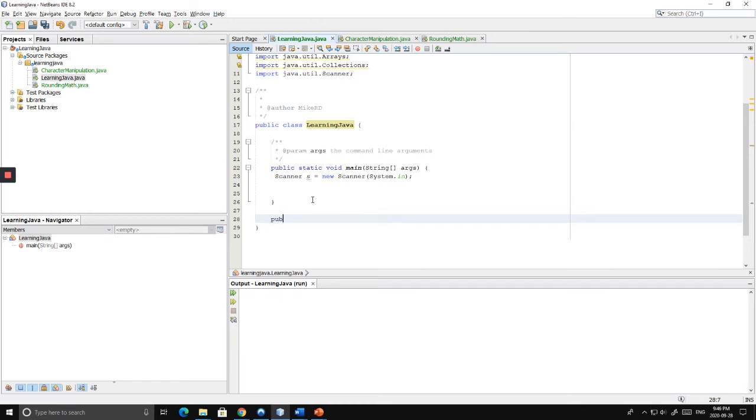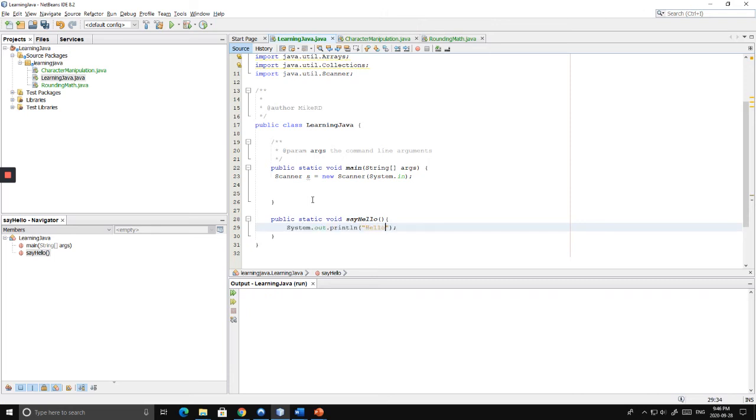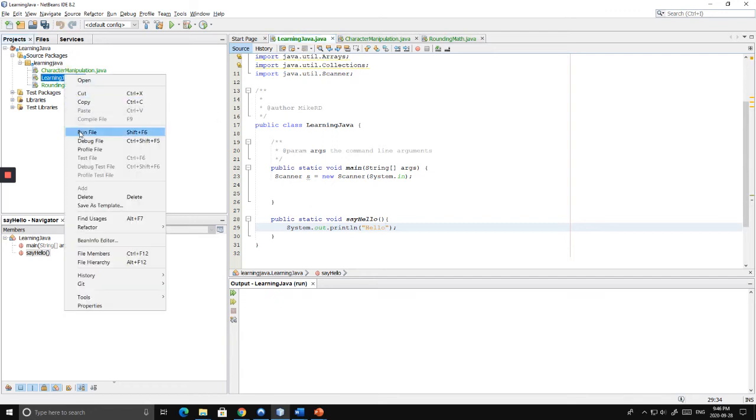And I'm going to type in public. I'm going to type in this keyword static that we'll explain later. And let's create a method that's just going to say hi. So it's not going to return anything. And let's call it say hello. Doesn't need any information in, and the only thing that I want this method to do is to print hello. Nice and easy. Now I could go and I could run my program,